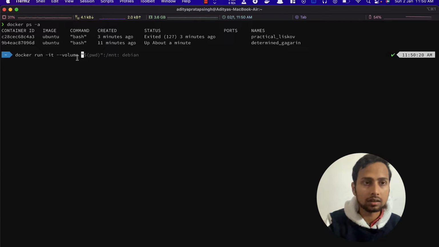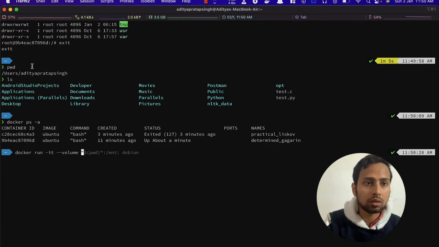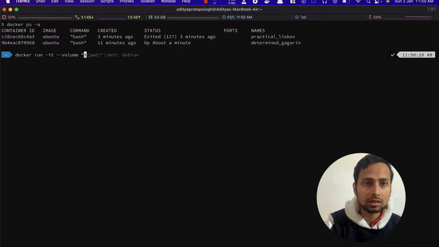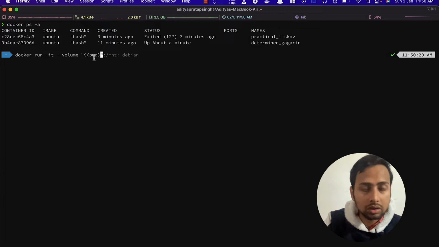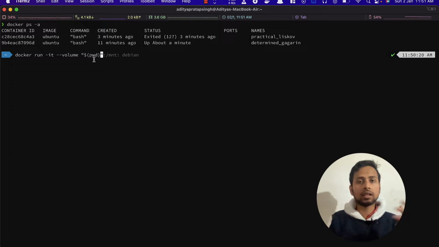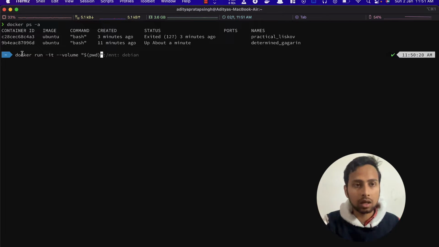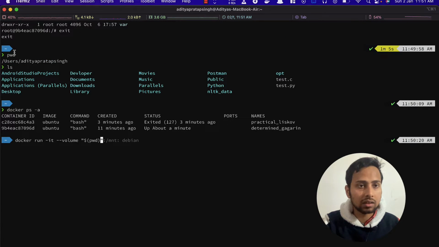We can say we want to access this path, or we can do something like $(pwd). This is going to take your current working directory, because pwd is print working directory, the directory you are currently running this command in. We already saw the output of the pwd command, so you can either copy and paste it instead of writing the dollar thing,